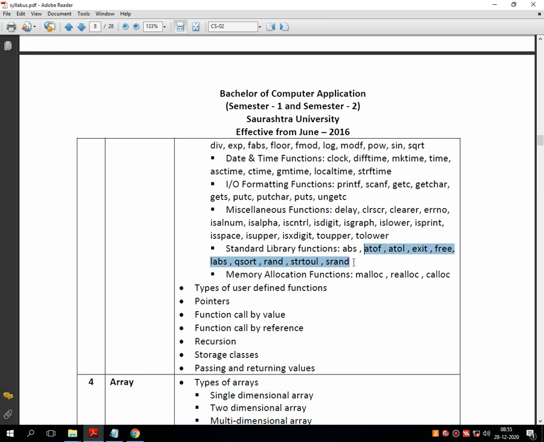All these functions are not that important from the university examination point of view, but still we'll discuss them. Yes, all these functions are given in the syllabus.